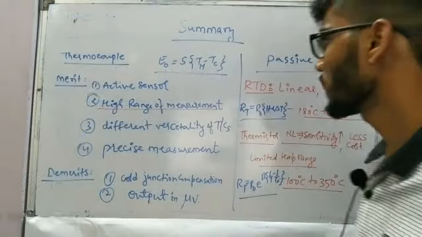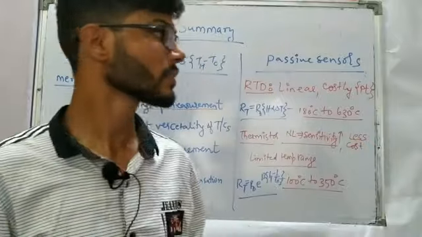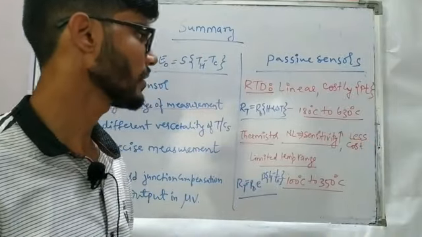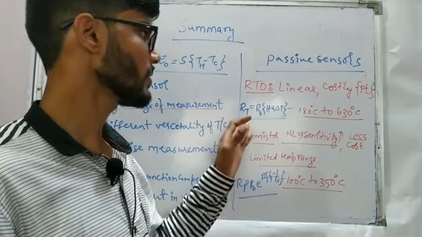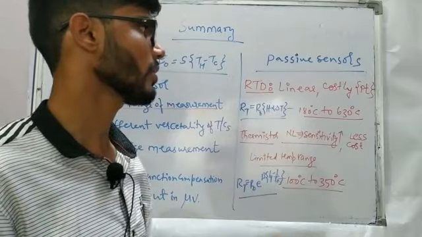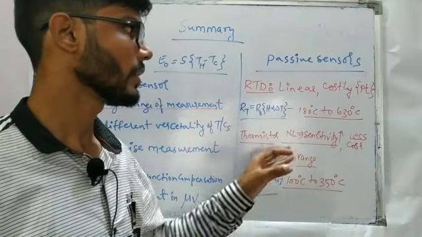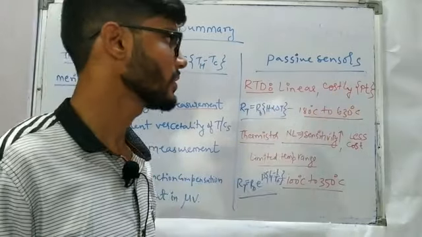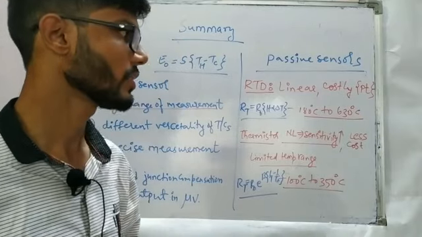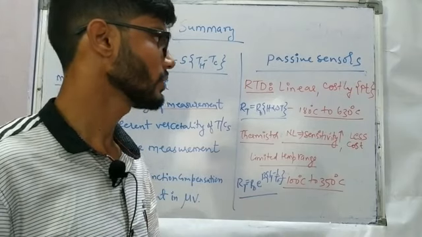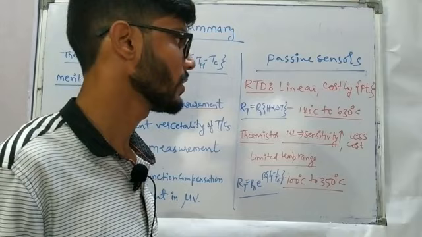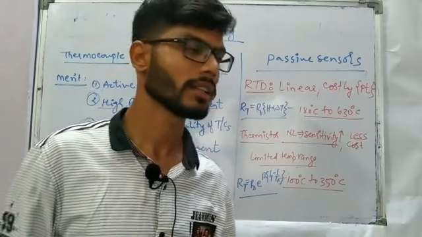So let us summarize our topic, temperature sensors. We have seen two passive sensors, the resistive temperature detector and the thermistor. So for the RTD, the expression came out as RT is equal to R0 times 1 plus alpha delta T. So it is an approximately linear relation, and we had one disadvantage in the case of RTD, that it is going to be a little costlier, because platinum has quite a high cost, and the range of temperature is quite sufficient, from minus 180 degrees centigrade to 630 degrees centigrade.